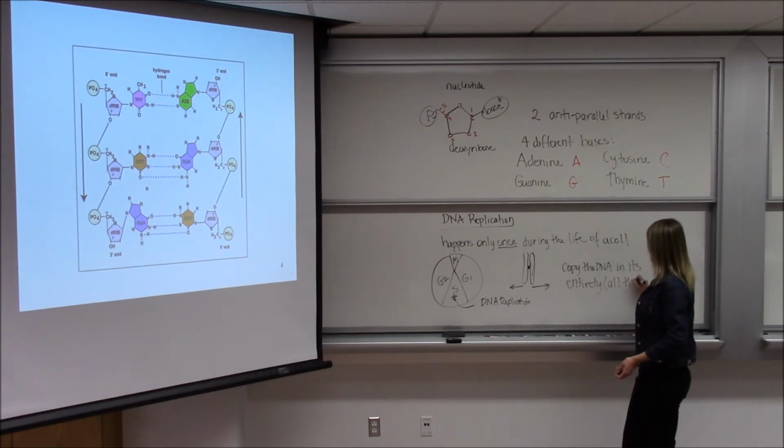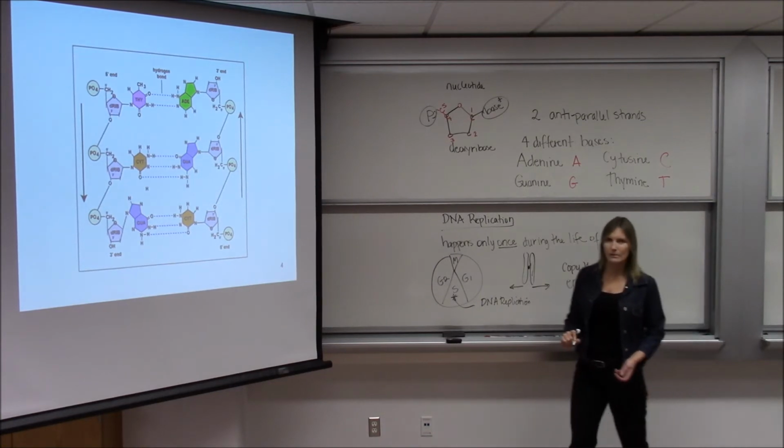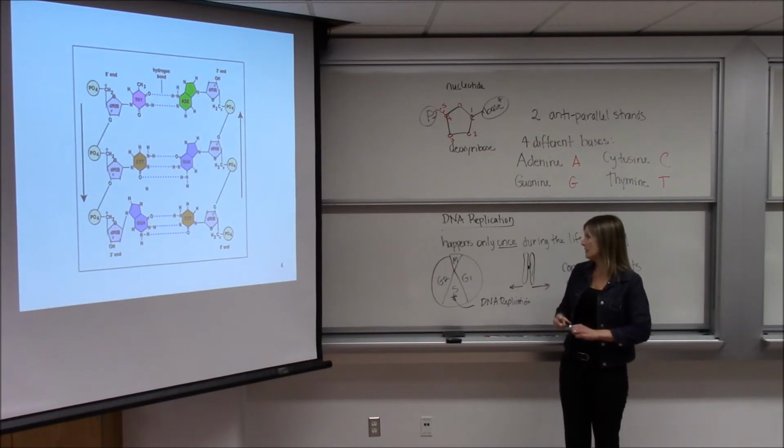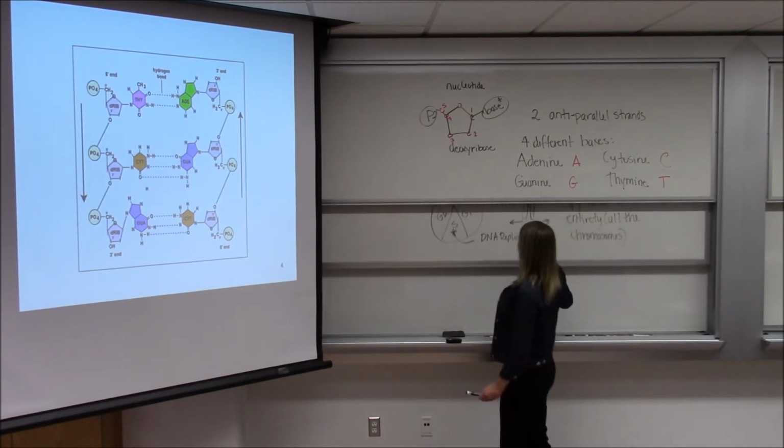All the chromosomes. Because we want to make 2 genetically identical cells. So we need to copy all the chromosomes in their entirety. How do we do this? Well, let's imagine